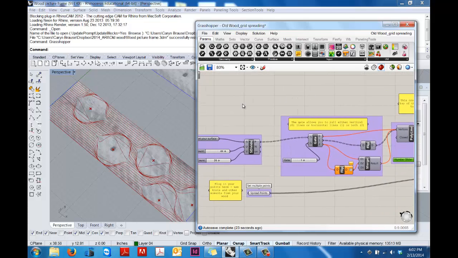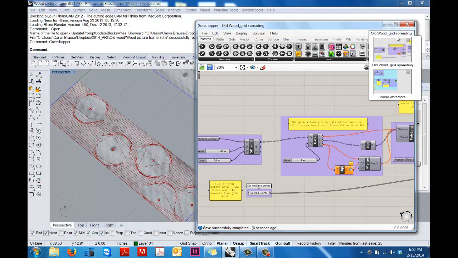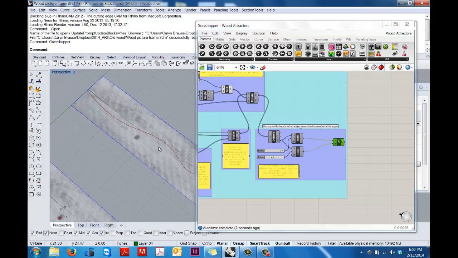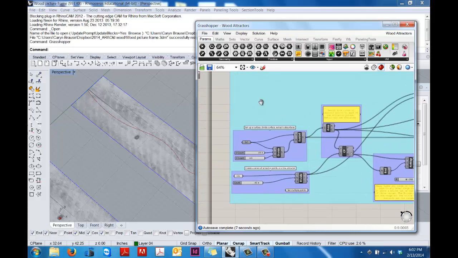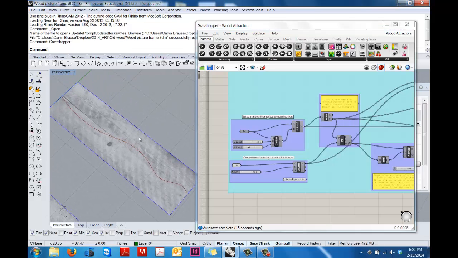So let's move to the other option that I've set up here, which is using attractors. So in this case, what I've actually done on this surface is drawn a line, roughly the idea that you would have some sort of a split in the wood. Here I've gone a little bit more curvy